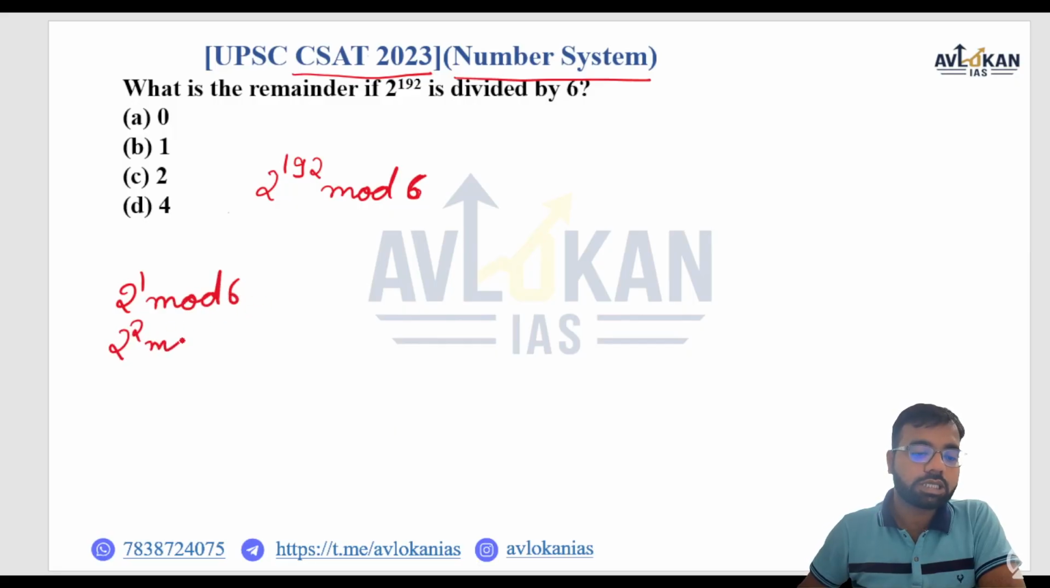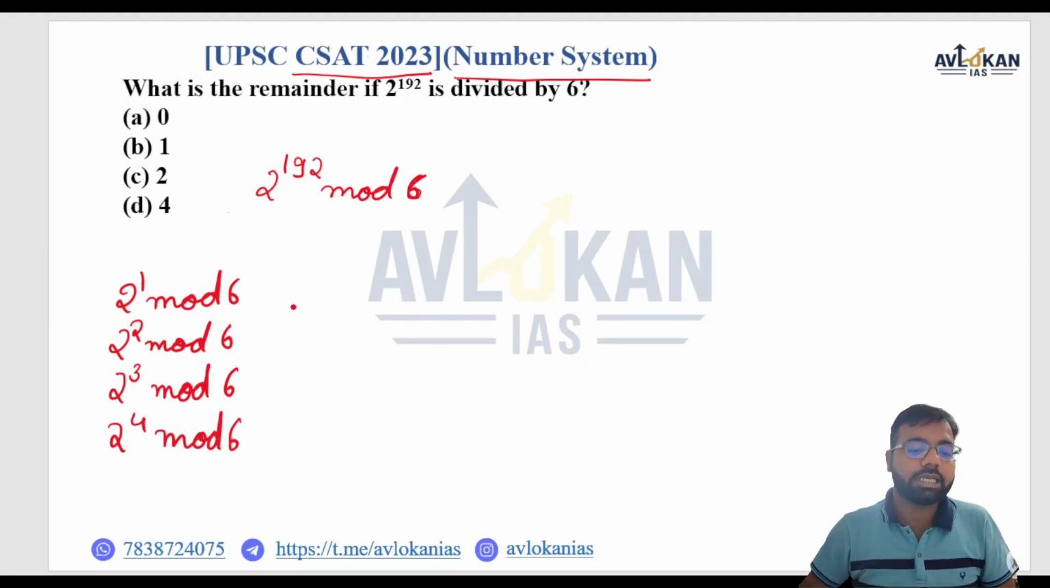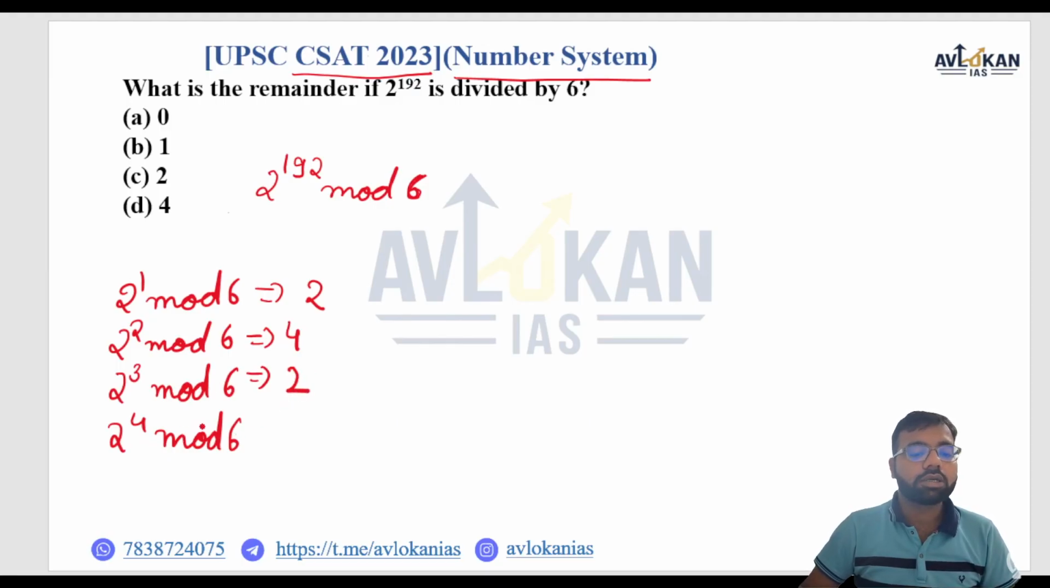2 to the power 1 mod 6, 2 to the power 2 mod 6, 2 to the power 3 mod 6, 2 to the power 4 mod 6. 2 to the power 1 mod 6, 2 mod 6 is 2, 2 to the power 2 means 4 mod 6, that is 4, 2 to the power 3 mod 6 means 8 mod 6, that is 2, 2 to the power